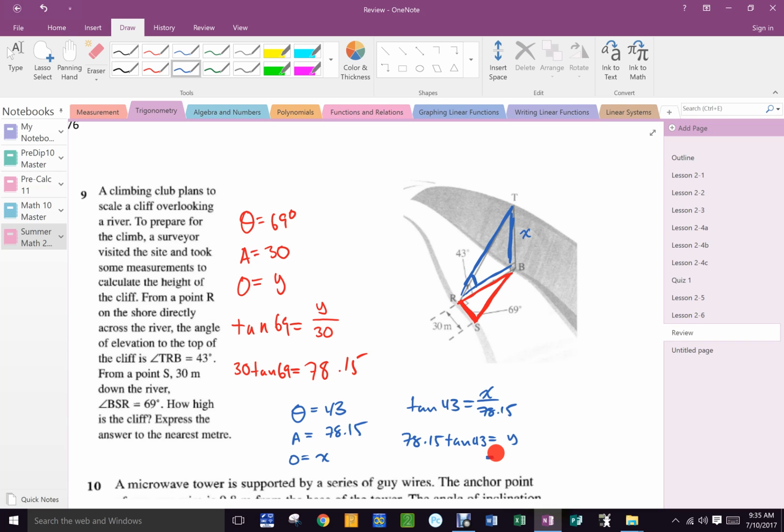And what do you get for an answer? 72.87. I want the nearest meter, so what's the answer? 72.8. Nearest meter? 73. Now, if you left it as 72.87,